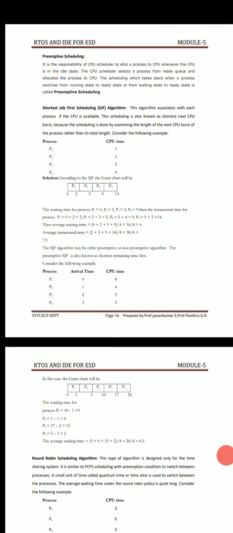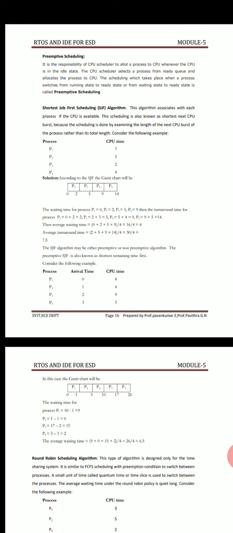If we want the waiting time for the processes, we must take the processes in order like P1, P2, P3 and P4. So the waiting time for the process P1 will become 0. It is the time spent waiting behind other processes that we need to consider. Whereas for P2, the waiting time will be 2, for P3 it will be 5, and for P4 it will be 9.